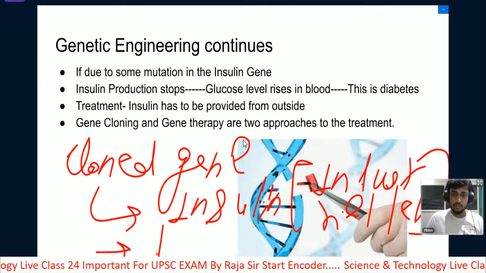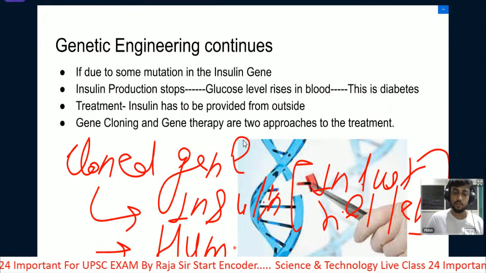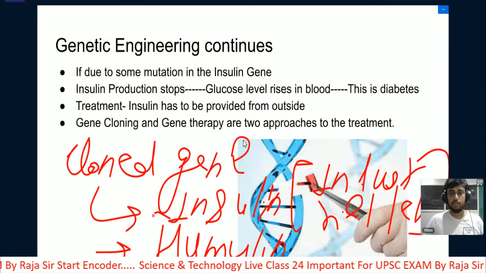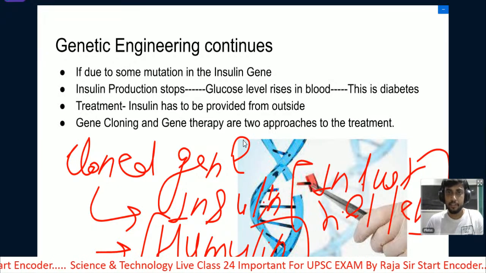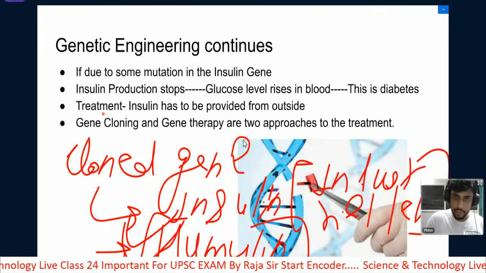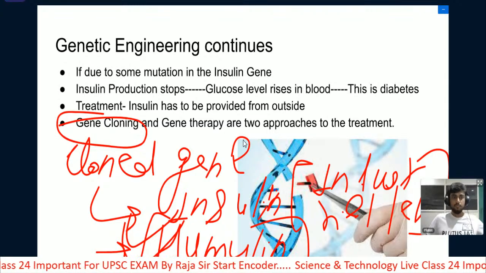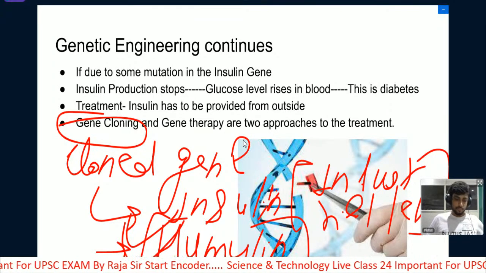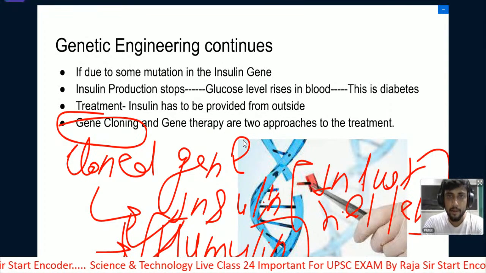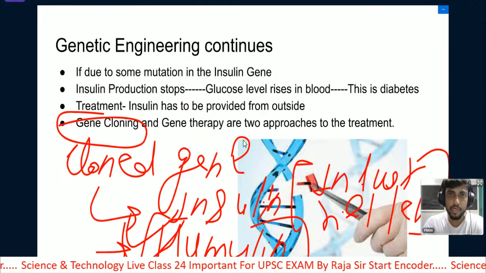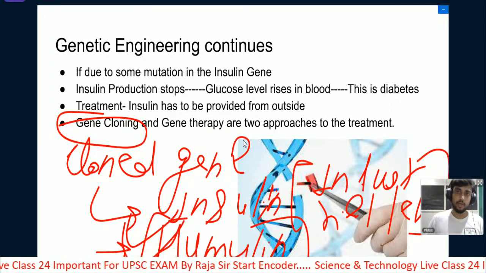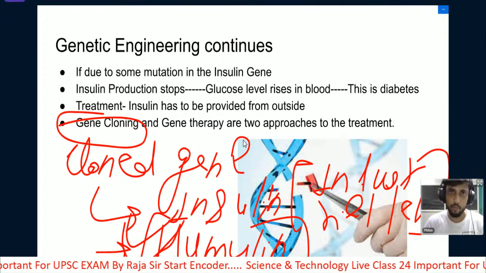This insulin production is known as humulin. So the insulin that we are producing in the industries is known as humulin, and we are producing humulin through gene cloning. Okay. Every time the bacteria multiplies, the gene also multiplies. From one gene we have so many genes, and by isolating these genes, we are producing the insulin from it.